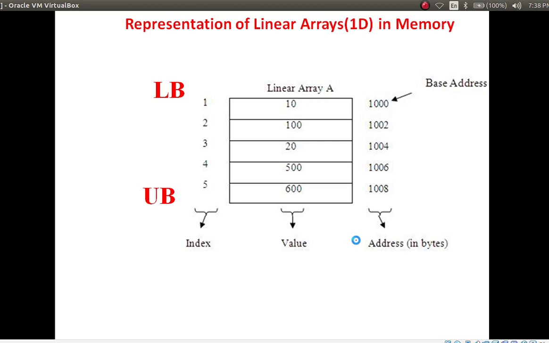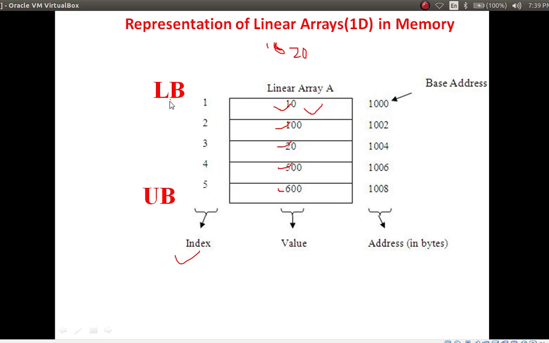How to represent it? See, this is our memory, and these are all values. In the previous example we saw 10, 20, 30, 40. Here we are considering 10, 100, 20, 500, 600. These are all values, and these are all index numbers. Now the index number starts with 1.